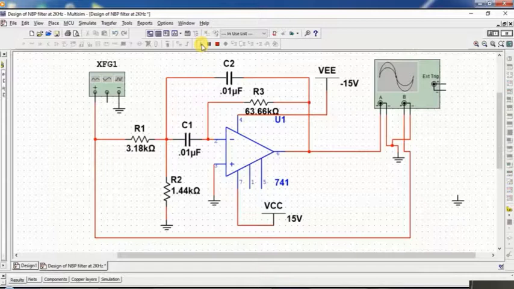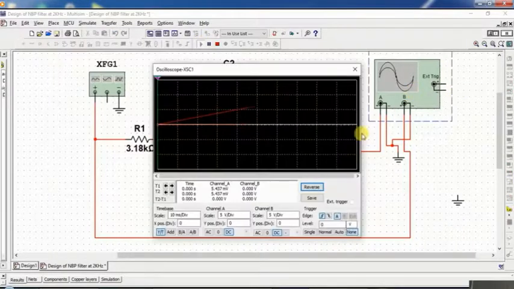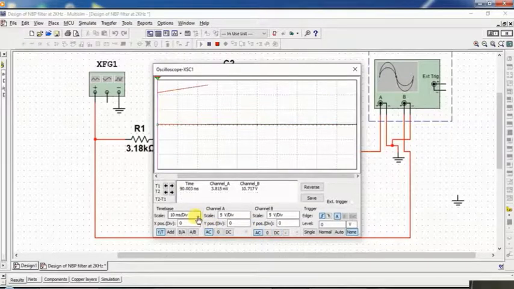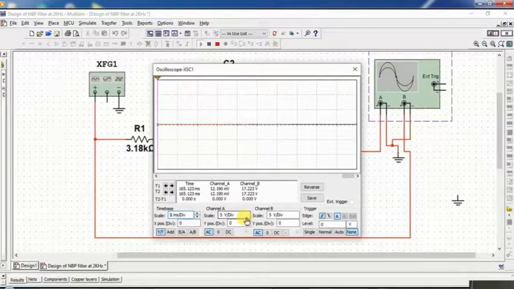So our circuitry is ready, so you can click on the run button and click on the CRO and check your output. After changing the scale and time base, you can check your output at the CRO.